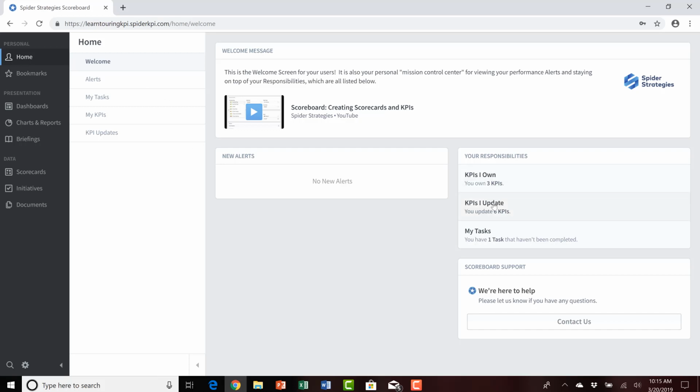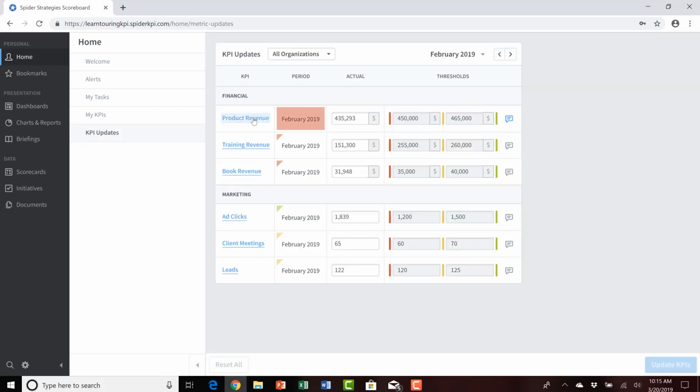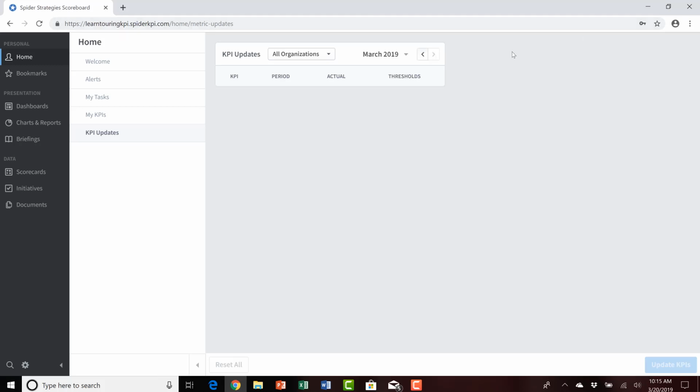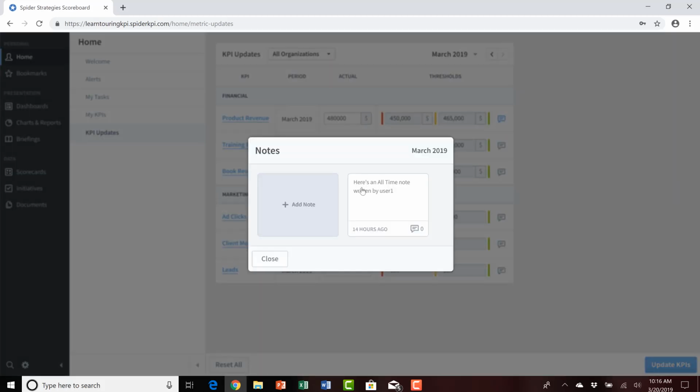Now, with regard to update capabilities and notes and the history that has been retained behind the scenes, if we go into the KPIs I update and work briefly with our first KPI of product revenue, I'll move ahead 1 month into March of 2019 and simply provide a value here for that month of March 2019 for product revenue. Also, before I submit or update that KPI, I'm also going to provide a note